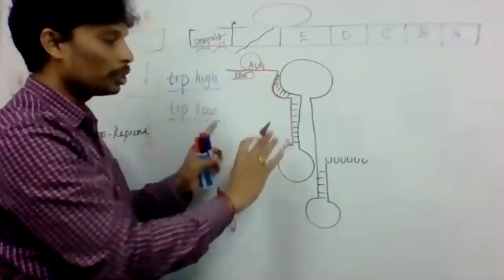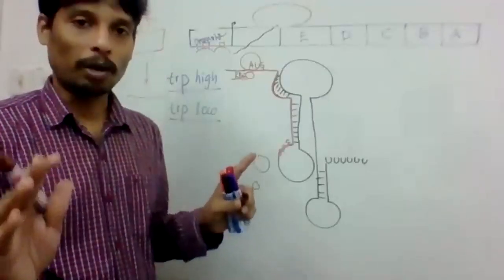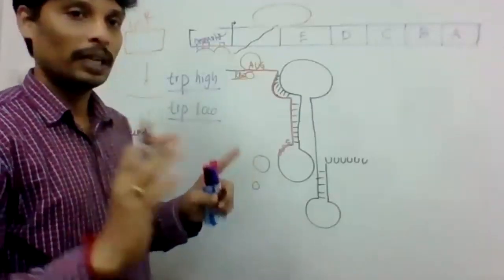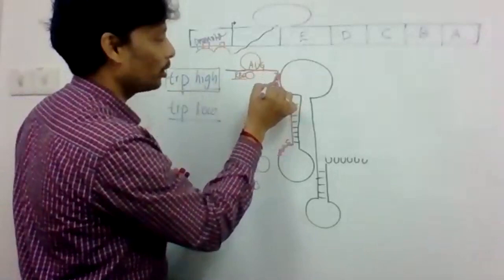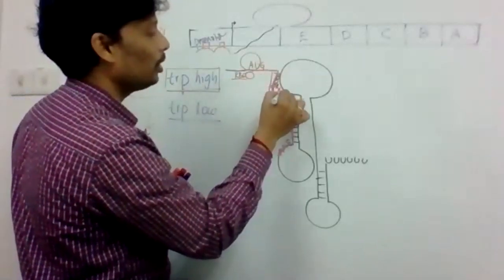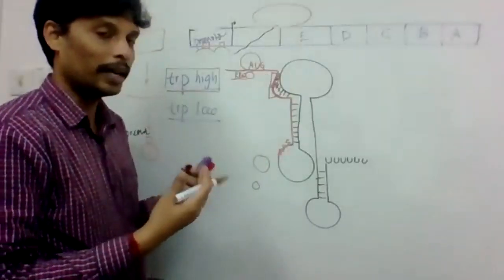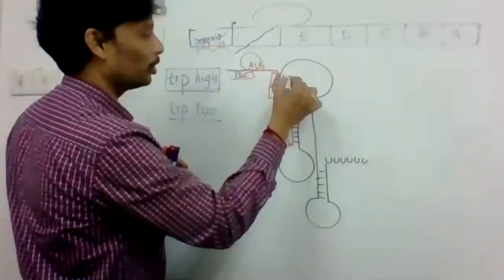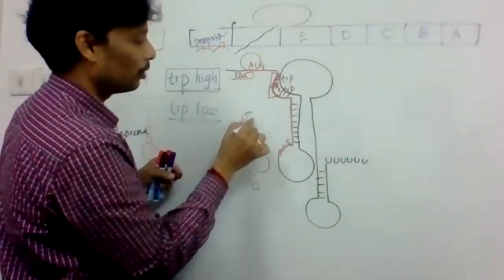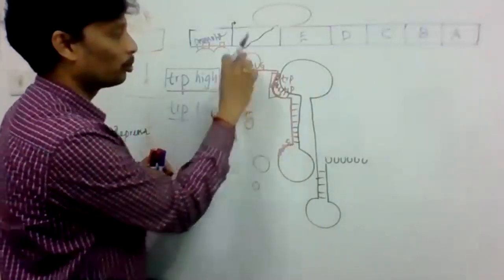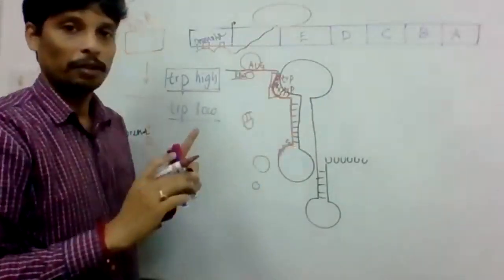So when there is no issue of ribosomes needing to stall, then there is no problem for the cell. That means when tryptophan is high. Why are we talking about high? There are two codons where two tryptophan amino acids need to be added to this peptide, tryptophan and tryptophan. So this is a small peptide that will be synthesized. So the ribosomes move from here until here, without any problem.